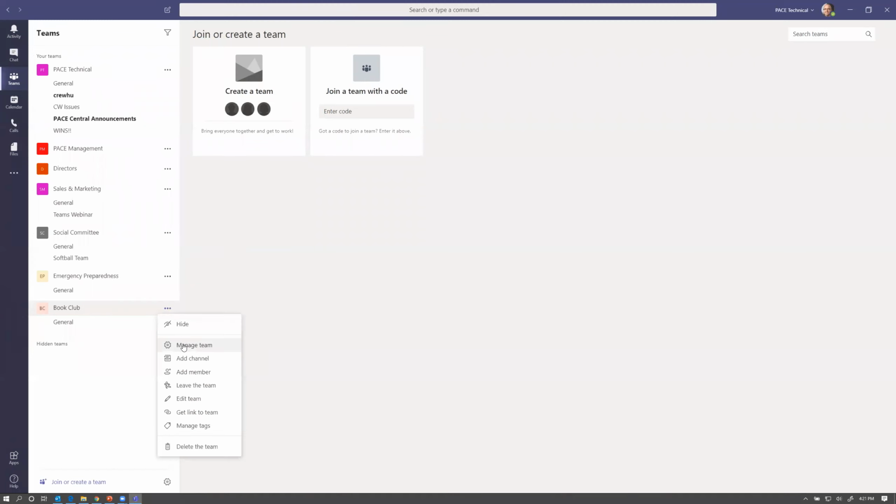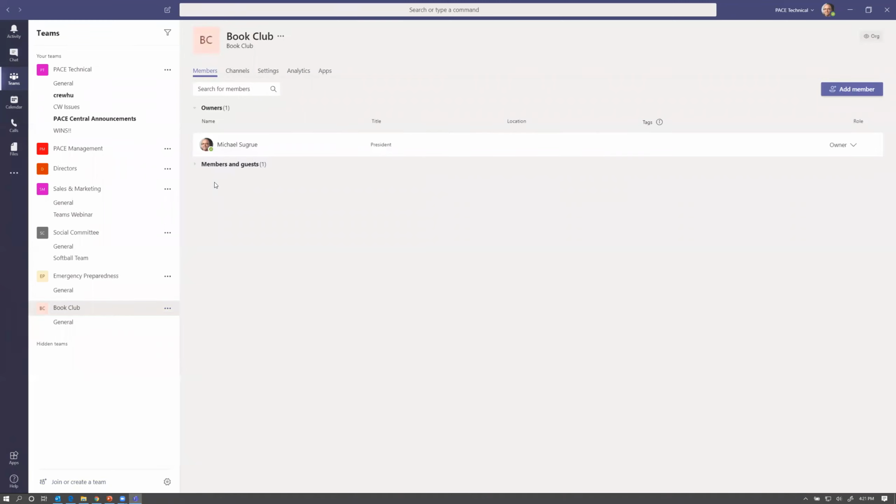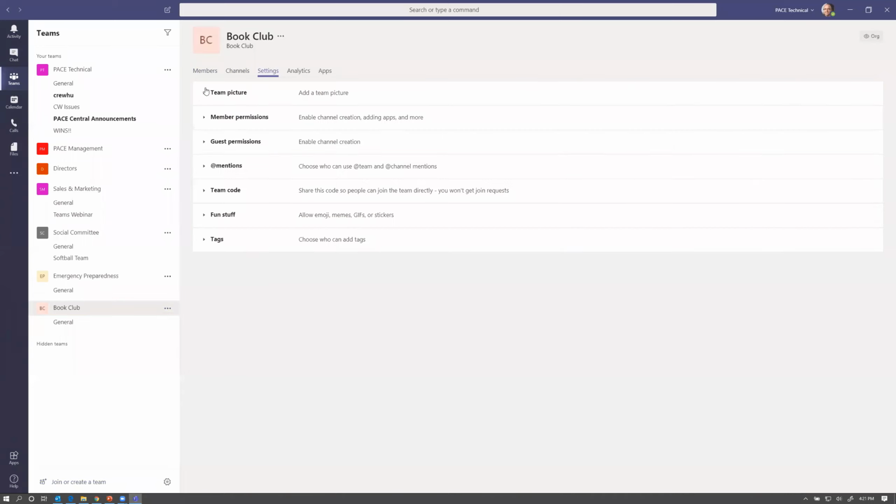So let's just look at managing the team again. So the first area is managing members. I'll show you this in a little bit more detail in a minute. I could manage the channels. I can add a channel from here, delete channels. And then there's particular settings within the team as well.